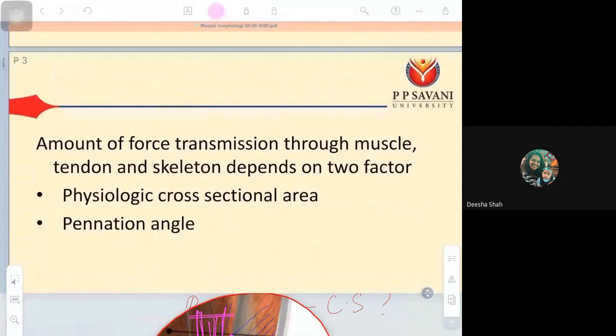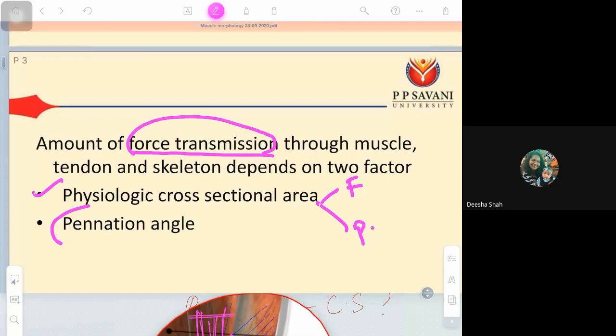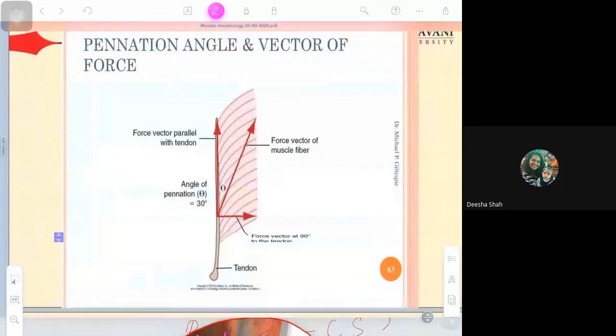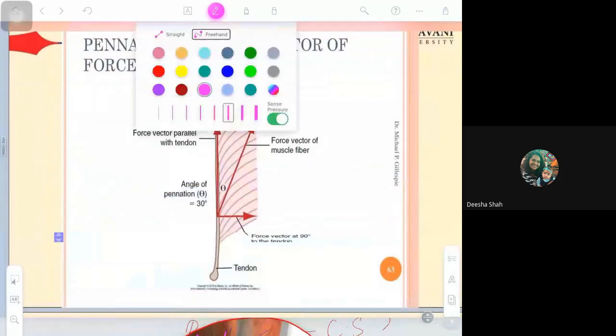The amount of force transmission depends on cross-sectional area. Here we discussed fusiform and pennate muscle, and how you will make the cross section. Now second, the force transmission depends on pennation angle. That is the second point. What is pennation angle? Pennation angle is the angle. See,